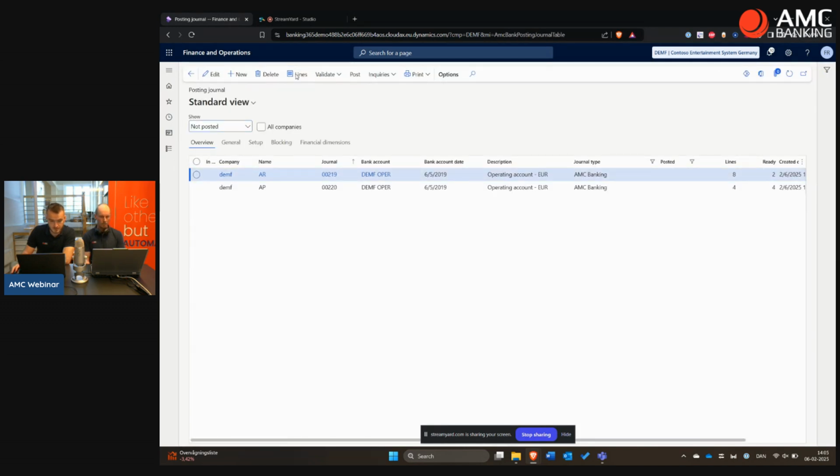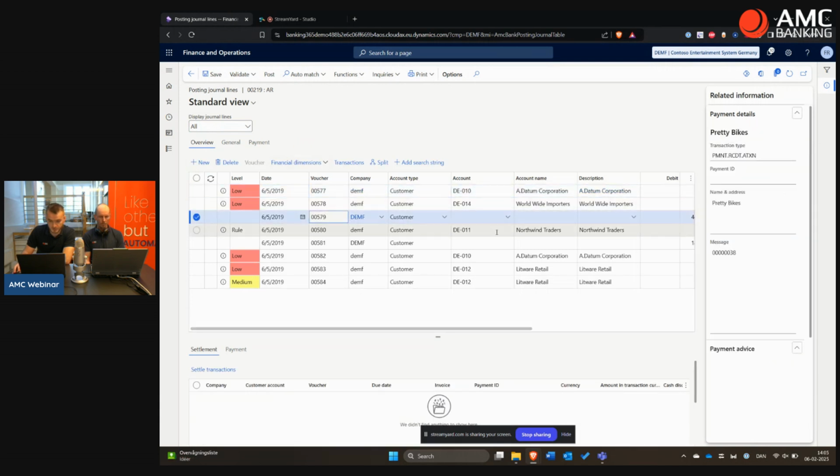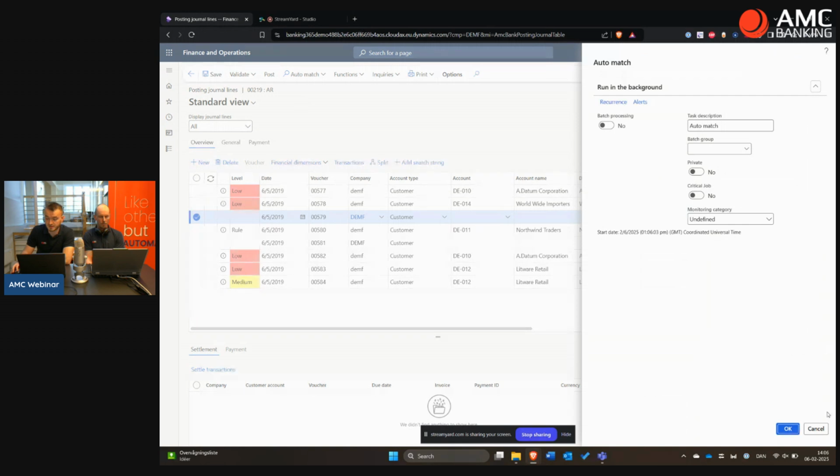And I have one payment down here, this one. So the way it was before, it couldn't match to anything. We have a name and address. We even have something here that looked like an invoice number, but the system couldn't find anything. If I run the auto match one more time, after I allowed it to look in other companies, what should